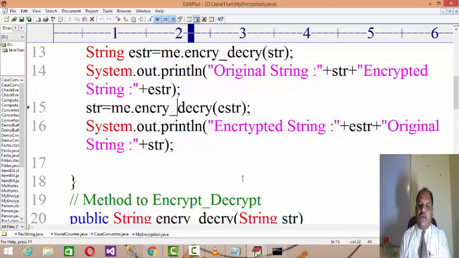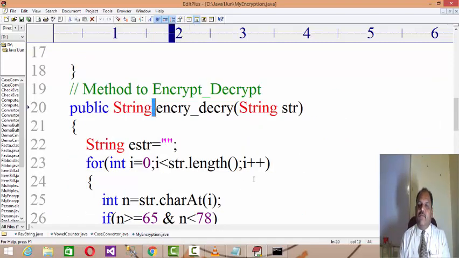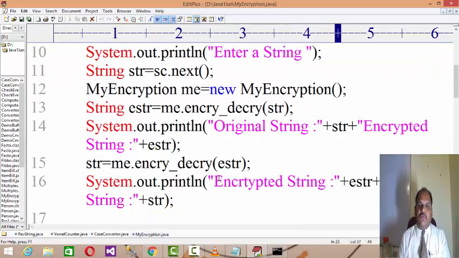This means instead of writing two different methods for encryption and decryption, one method can both encrypt and decrypt. This simple method, which alters the ASCII value from first quadrant to second quadrant and second quadrant to first quadrant, is able to convert the entire source string into the encrypted string, and if you input the encrypted string, it will give you back the original string. So this simple logic can protect your data. Let's go for the execution.